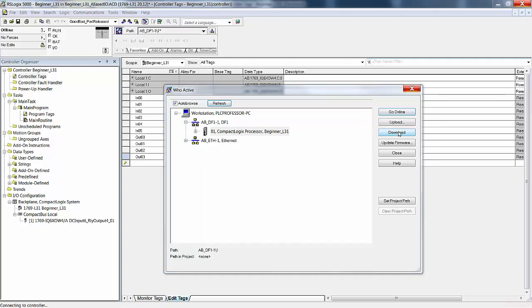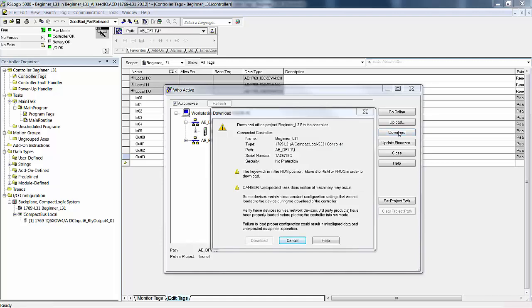And that is, if the key switch is not in the middle position, or at least in program, you're not going to download. You cannot download to a controller that is in the run mode. You see here we get a message, the key switch is in the run mode. Move to remote or program in order to download. And you see download is grayed out. We had you flip the switch to the middle position. Now, by the way, we are actually online with a controller. I mean, we're not totally online, but at least the status, if you look over here at the online toolbar,